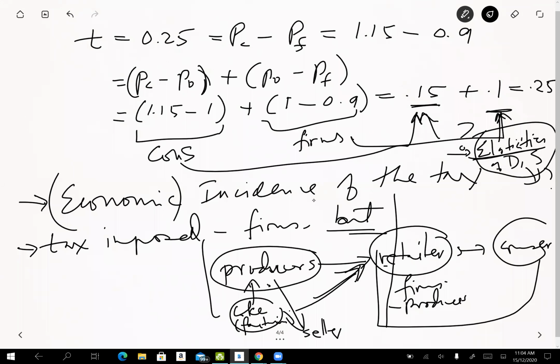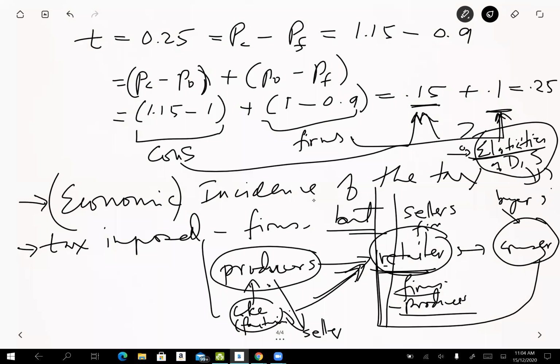Now you look at the primary market, the one that we deal with every day. You have the consumers, you have the retailers. This is what the market is in economics. The firms can be the producers and also the retailers. So in this market, who is the seller? The retailers, the firms, are the sellers, and the supply comes from here. These are the consumers, the buyers.